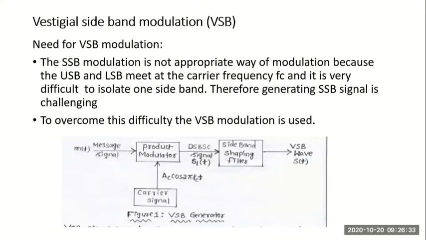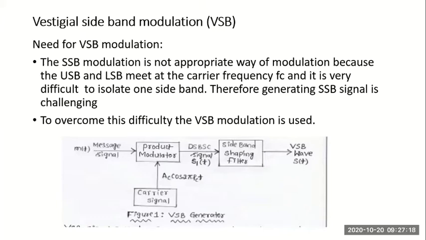So the low frequency content is important and it cannot be avoided. In such cases, we need to use vestigial sideband modulation, and this was used in the television systems in the earlier days. So even today, even when we've gone for digital TV and digital video broadcasting, we still use this to some extent. So vestigial sideband modulation is very important for transmission of images or videos. For voice, SSB-SC was more used in applications, please remember, whereas VSB is preferred for image or video transmission.